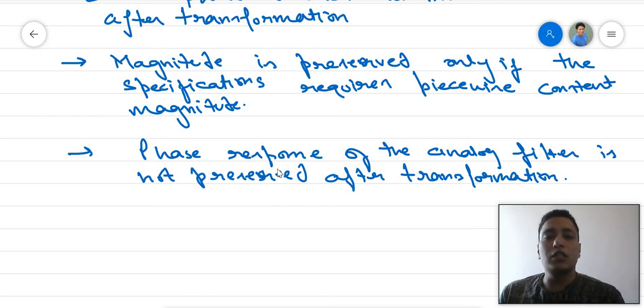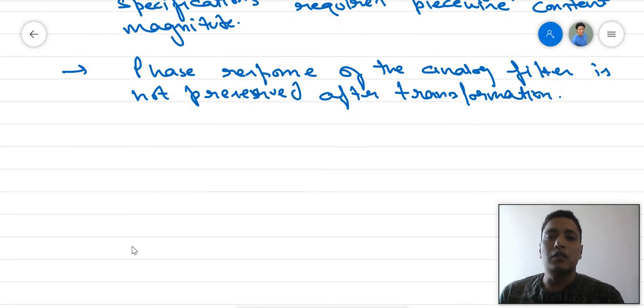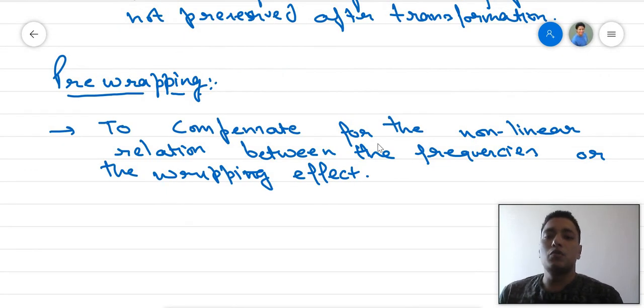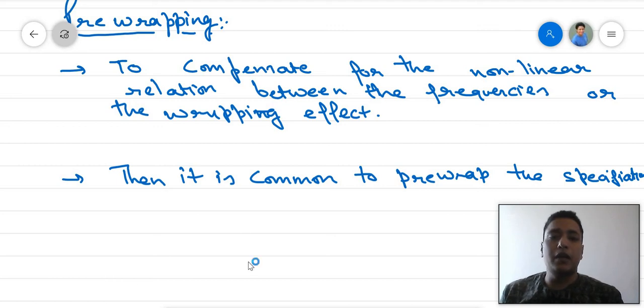Second point is the phase response of an analog filter is not preserved after transformation. It transforms from linear to non-linear, as we have seen with the phase response. Now after these two problems, what we can do to remove this aspect is called pre-wrapping. This method is used to compensate for the non-linear relation between the frequencies, or the wrapping effect. For this method, pre-wrap the specifications for the designing of the digital filter, which goes as,